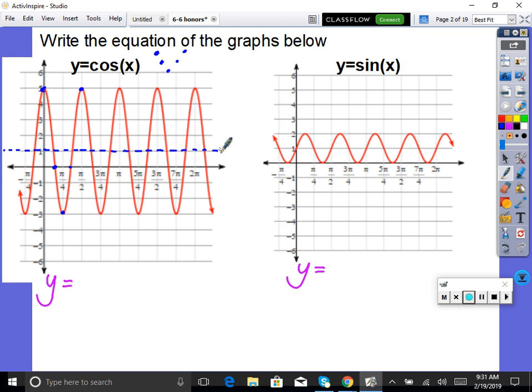So that's the halfway distance? Yeah, and so then I was like, alright, it goes up to 5 from 1, and it goes down to -3. Good, so it was a distance of 4 cosine. Now the bx part is the number of cycles from 0 to 2 pi. So you could count 1,